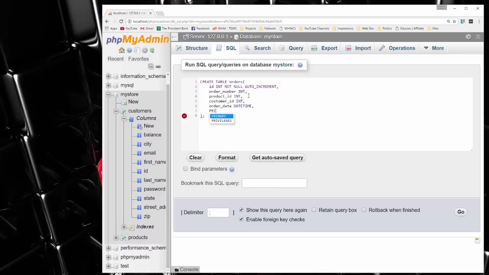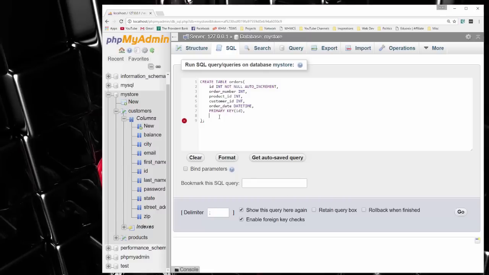All right, and let's say we want the primary key to be ID. All right, now the product ID and the customer ID, these are going to be foreign constraints or foreign keys. And what that means is that this field is going to pertain to the primary key of the products table, which is ID. This will be to the primary key of the customers table, which is ID. All right, so let's define these as foreign keys. So down here,